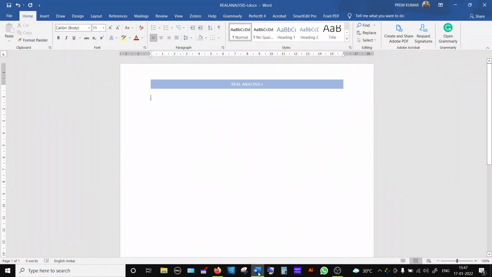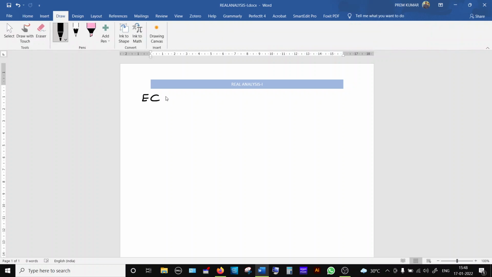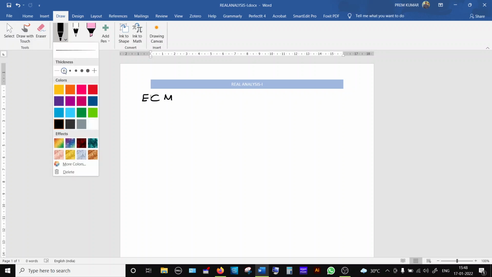Yes, students. Now, the result which was discussed in the previous session, we shall write it. We can express it in a different way. That is, in the previous session we discussed: suppose E is a subset of M, where M is a metric space,